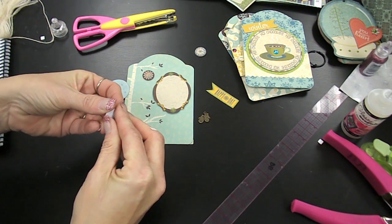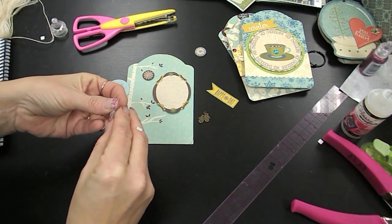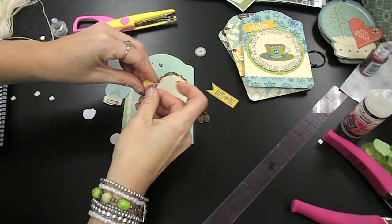Okay, and then our cute yellow Let It Snow. We're going to put that right at the top of our...